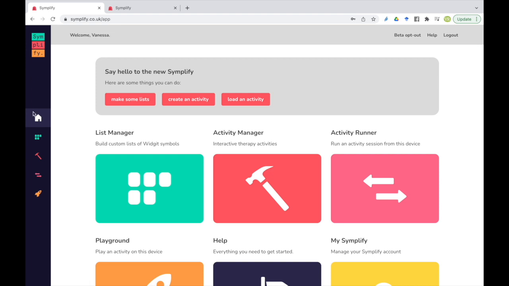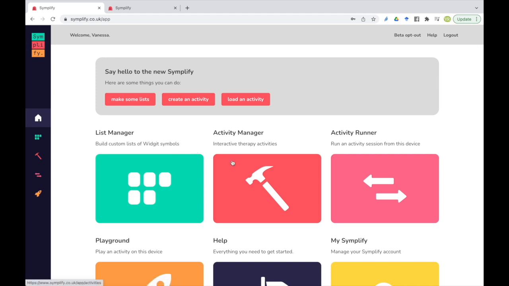So first up, we've got this navigation bar on the side, which is a small change but actually makes quite a big difference, particularly with things like using two-device mode. If you're wanting to use two-device mode on the same device, so with two separate browser windows, or you're wanting to switch around and get activities ready while you're doing something else, it just makes it much easier to navigate around. Okay, so I'm going to show you now what we've done with the activity manager.